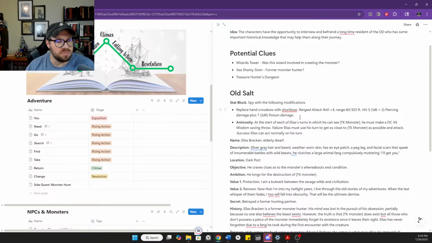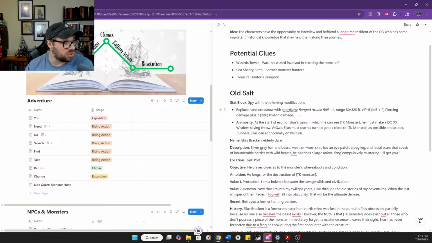Something that occurs to me, and I'm willing to bet will probably occur to you guys shortly here because you're so often ahead of me in this, is he should probably have advantage when making survival checks to stalk this creature. He should also probably have proficiency in survival checks as well.